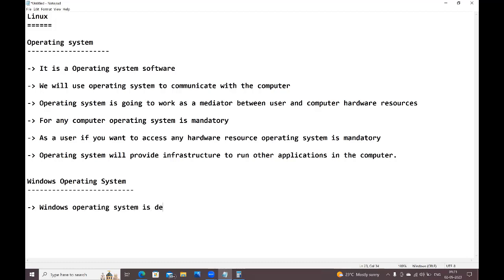Windows operating system is developed by Microsoft, right? Windows is a paid version, guys. It is not free. It is a paid one. Right? So in Windows operating system, if you want to perform any activity, we have GUI